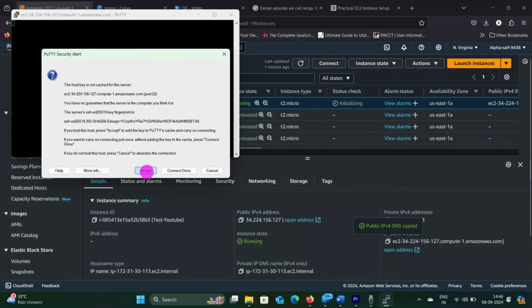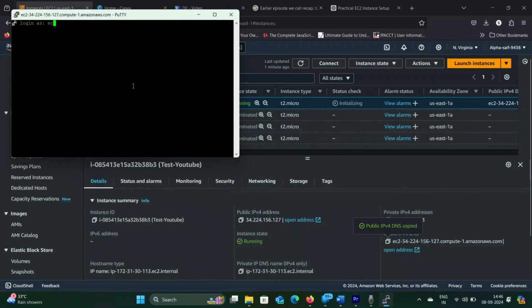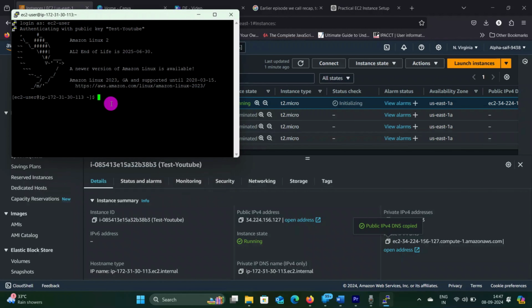Click open to start the connection. You'll be prompted for a username. Type ec2-user and there you go. We have successfully connected to our EC2 instance.